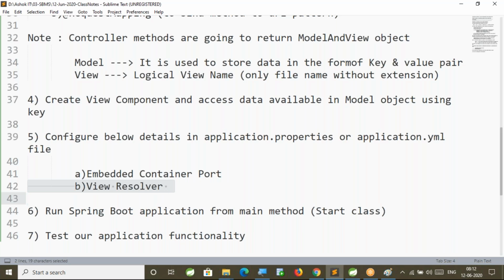also for you. See the greatness of the Spring Boot. Just by adding one dependency, it is starting the server for you. It is getting the server for you. It is giving the server for you to run your application. It is going to start the server. It will deploy your application to the server also. That is the greatness of the Spring Boot. That is the beauty of the Spring Boot.